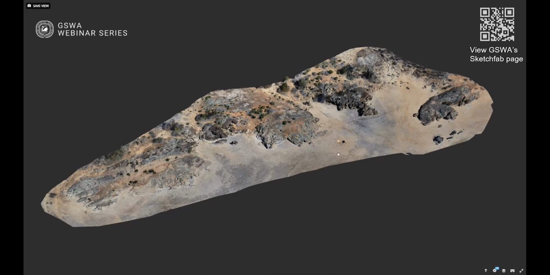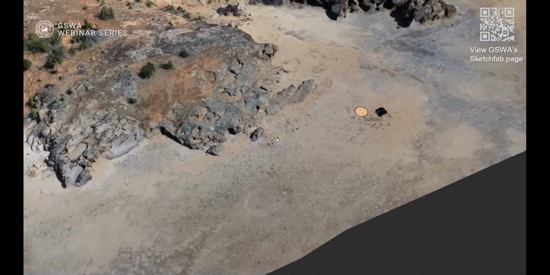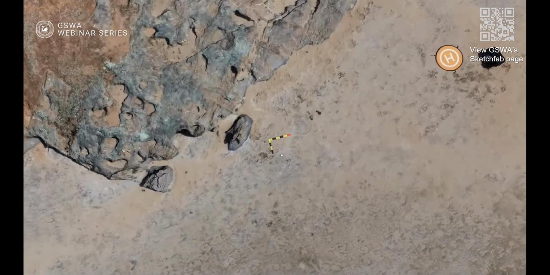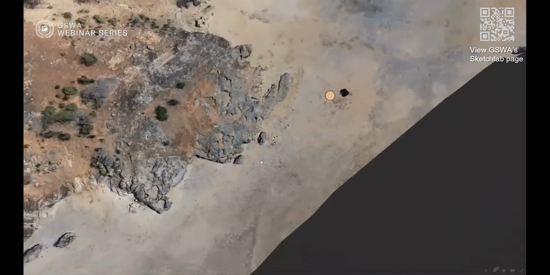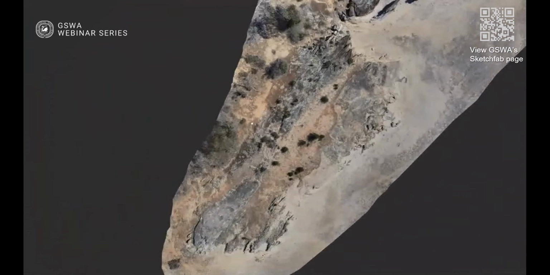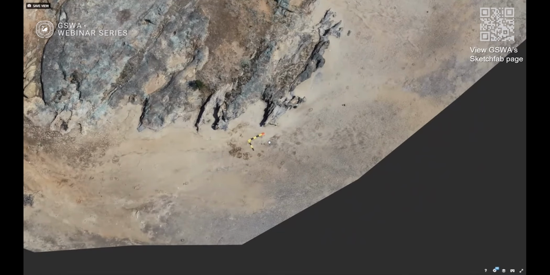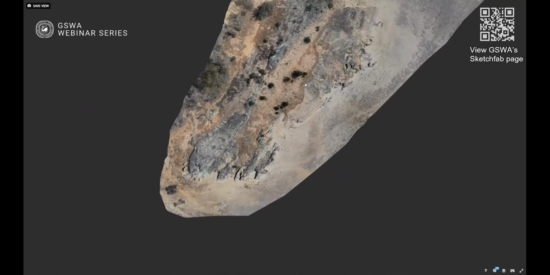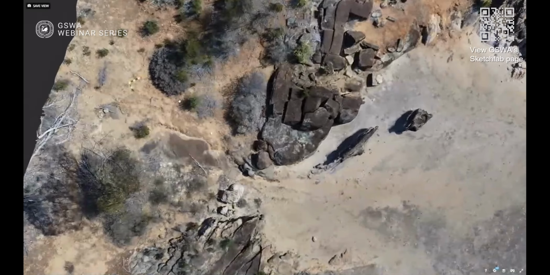Then I choose and delineate the area that I want to cover. You can see here the drone landing pad. This is where I will set up the drone. And then I place a number of scale bars scattered over the whole exposure. They are 60 centimeters long by 40 centimeters. I place them horizontally on the ground, and I orient the red end of the scale bar pointing towards the